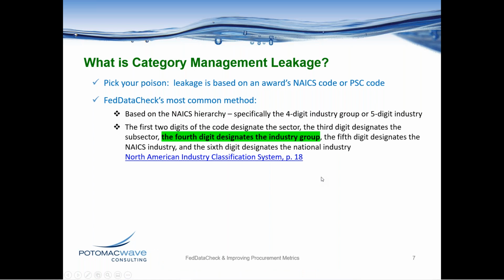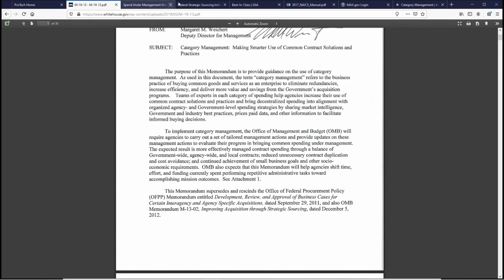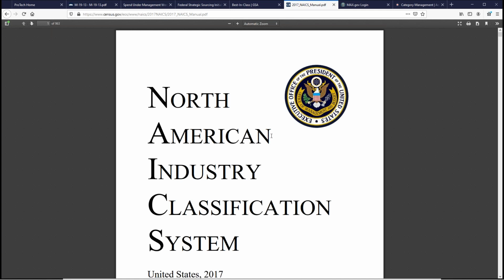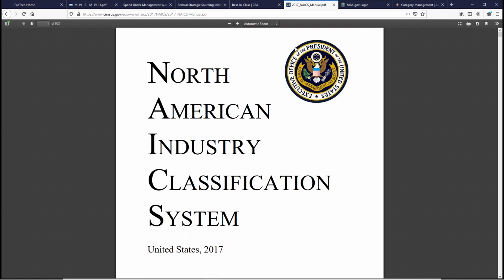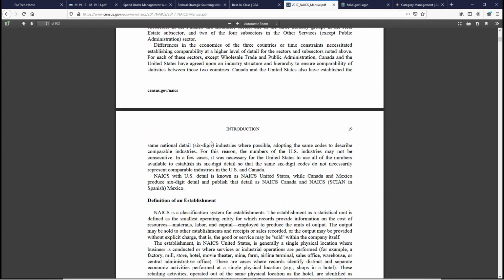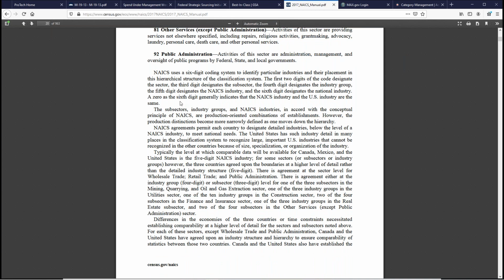If you look at the NAICS code, as some of you may or may not know, I've got a link here to the North American Industry Classification System manual put out by the Executive Office of the President. If I go down to page 20 in the PDF, page 18 on the numbering scheme, NAICS uses a 6-digit coding system.